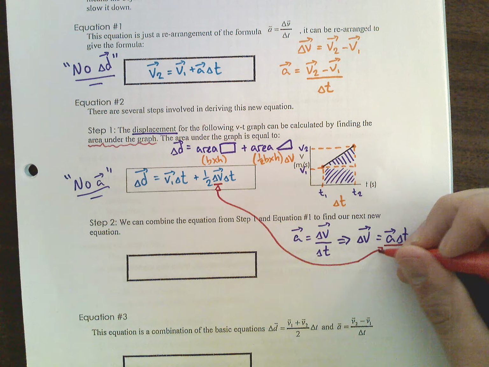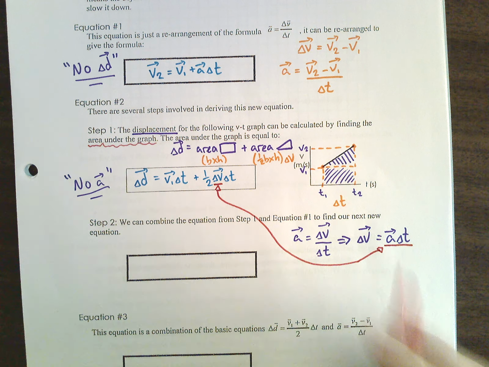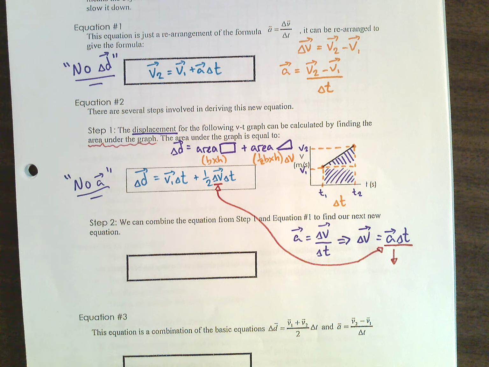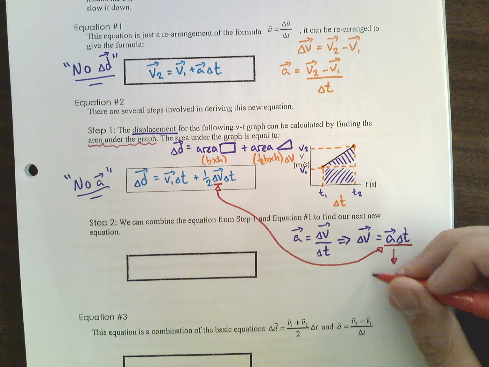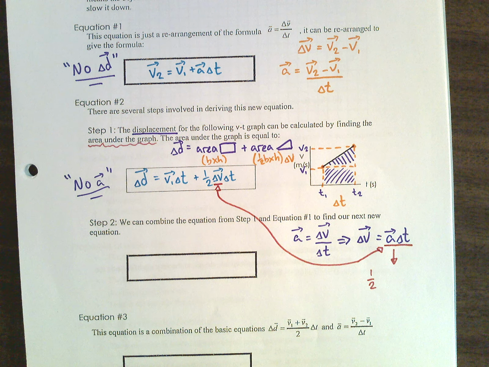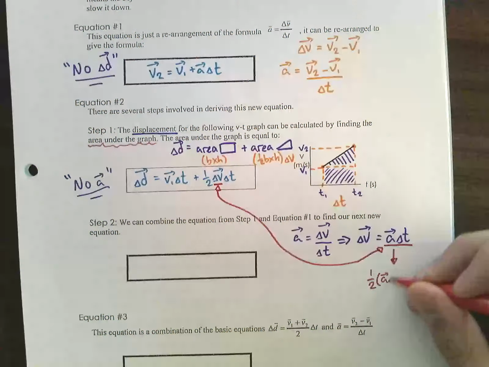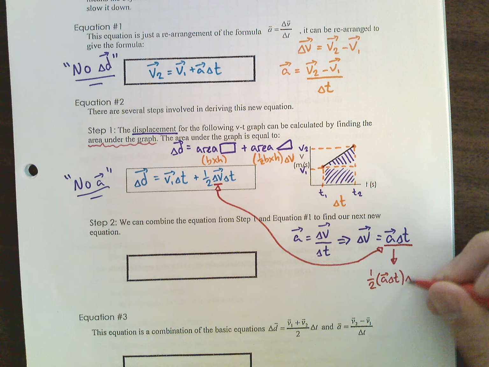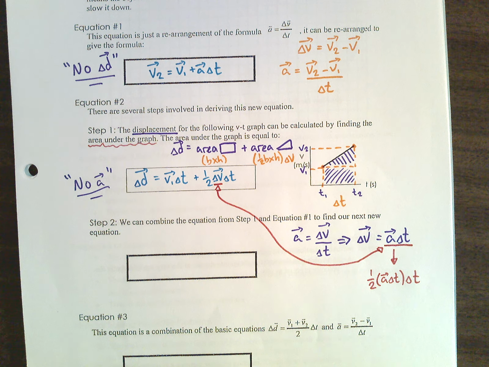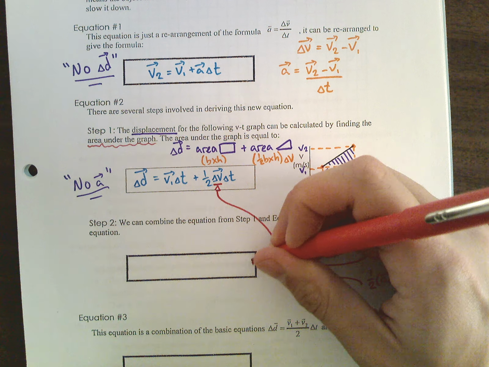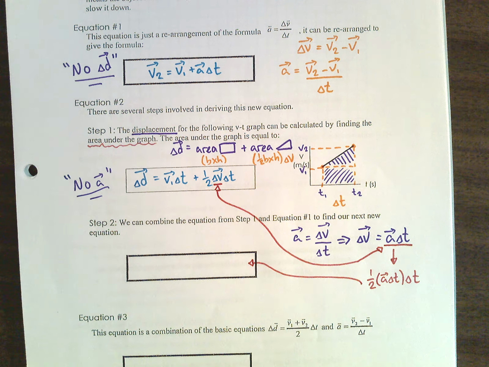We could substitute in that delta V with a delta T. What we would end up getting if we did that was 1/2 a delta T times delta T. And now what you're going to see is that if I take this and I end up plugging it into our formula, which we're going to end up writing over here, we end up getting